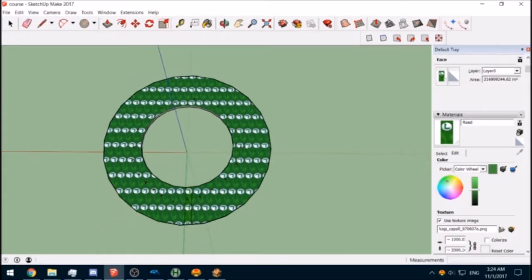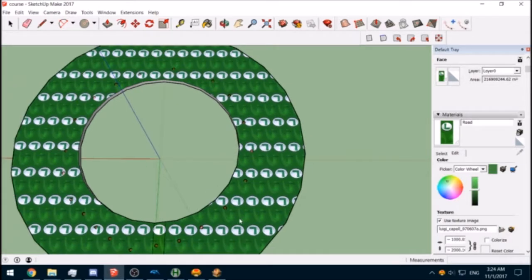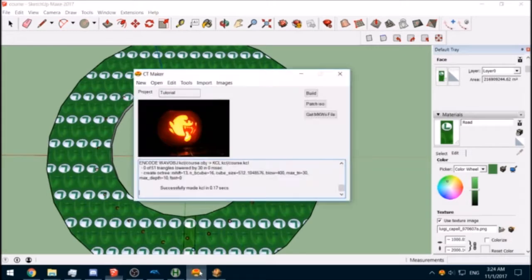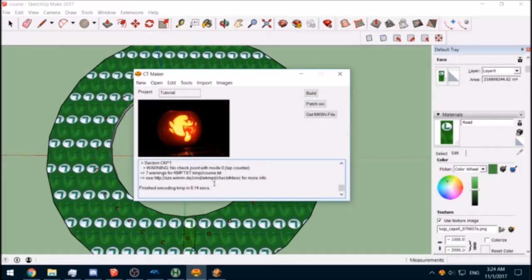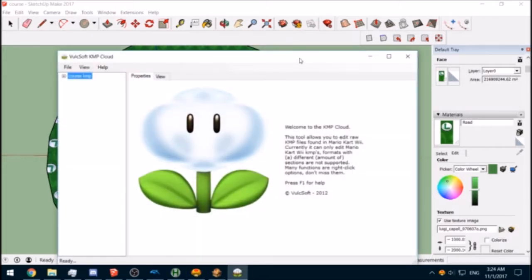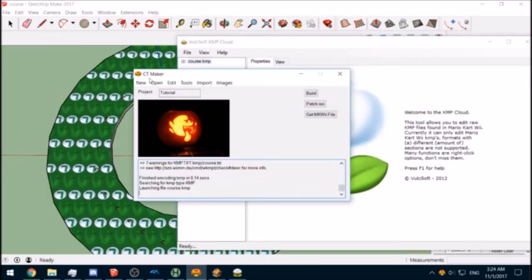3 laps, yes. Okay. So now I'm going to use my magic thing that does stuff for me to encode a KMP file. Yeah, and it's gonna have a whole bunch of warnings, but whatever, we're gonna fix it. Yeah, so if you followed that step, then good for you, because that was a confusing step.